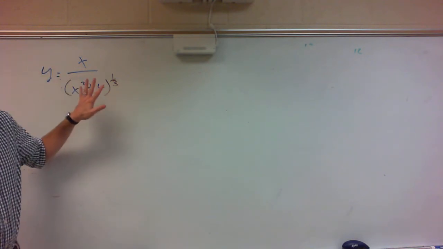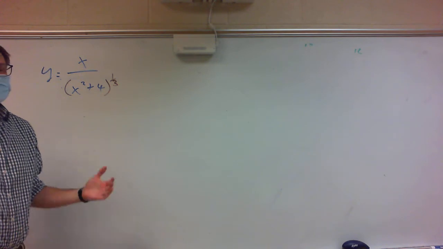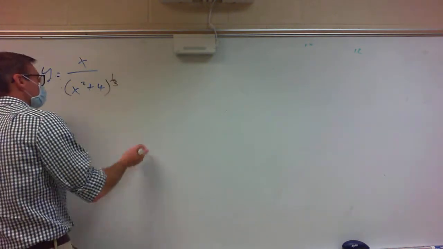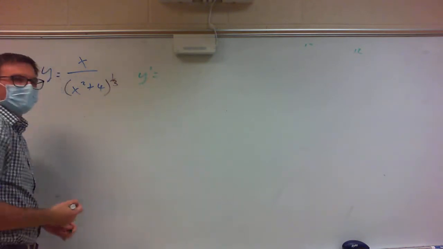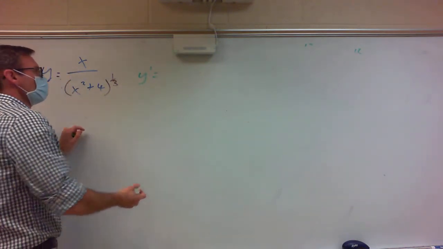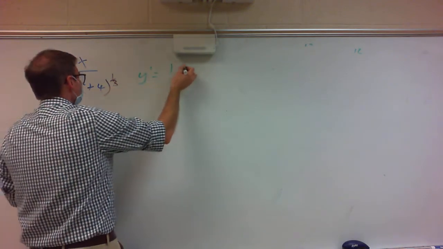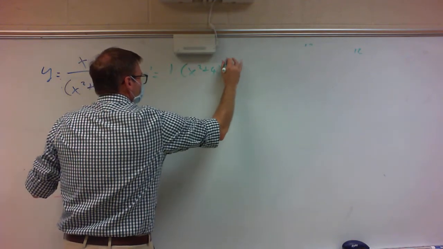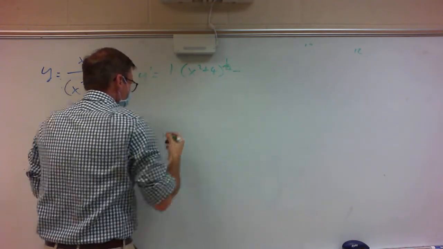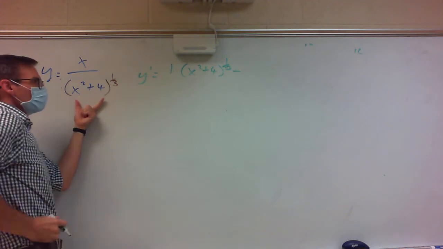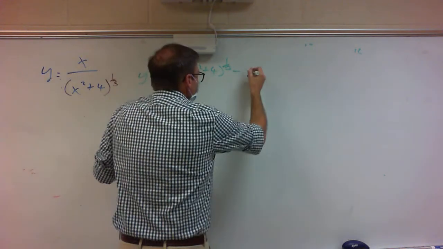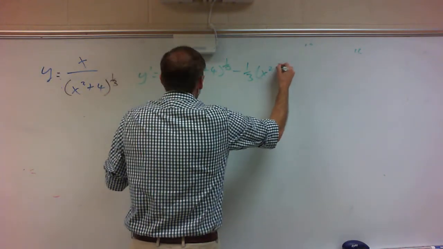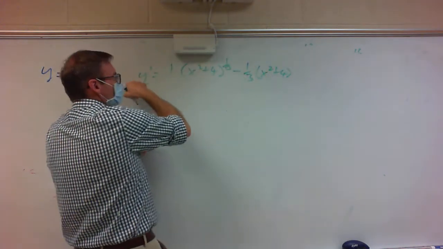And if it's a fraction, sorry, you're stuck. You've got to use the quotient rule. So what does that look like? It's not pretty. It's the root of the top, which is 1, times the bottom, which is x squared plus 4 to the 1/3, minus the derivative of the bottom, which is 1/3, copy stuff, x squared plus 4, subtract 1 from that,